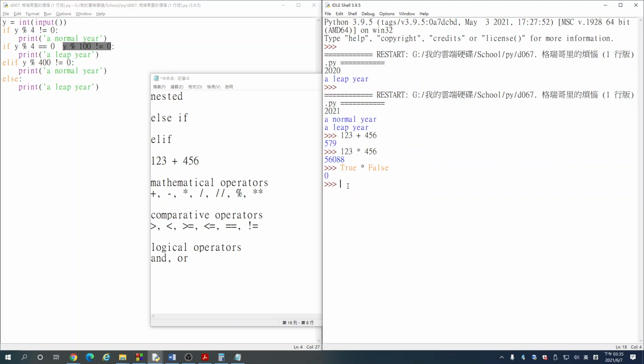And means only when these 2 logical values are both true, it will give you true. Either of them is false, then it will give you false. All right? It's something like this. If you have